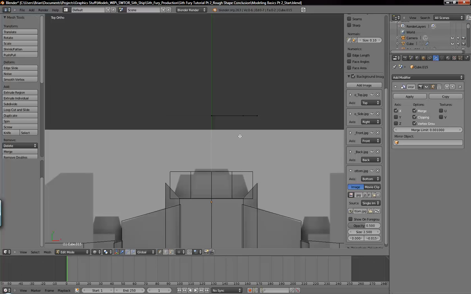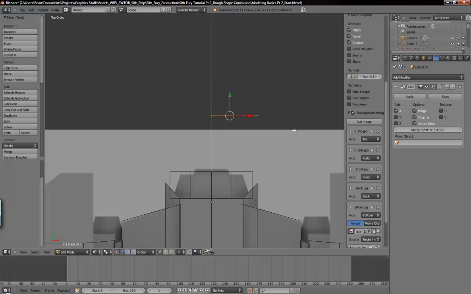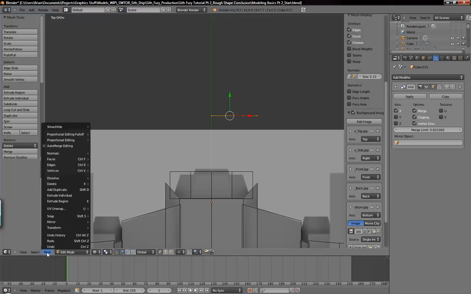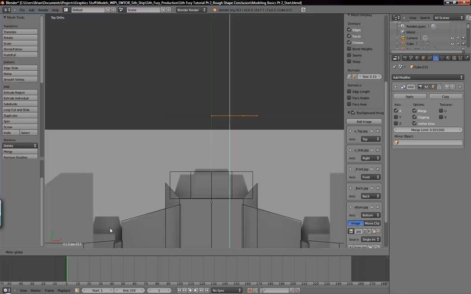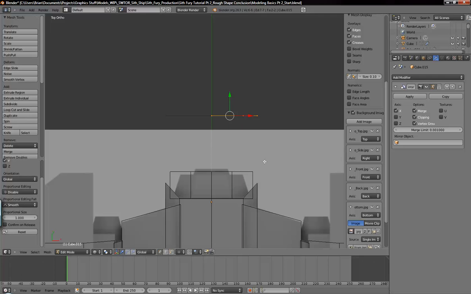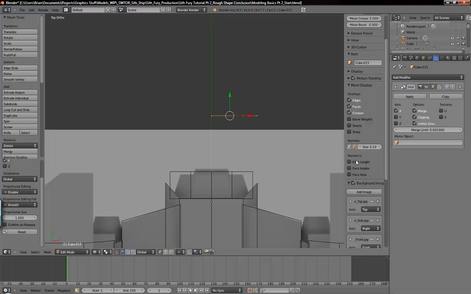Okay, now I want to flip this so the face is facing this way instead of forward. So go ahead and select all the vertices there. Go down here to the Mesh menu and Mirror, and then you can mirror along the Y, and then it kind of restricts it along the Y-axis here, so you can just left click to select that. And now what that did,